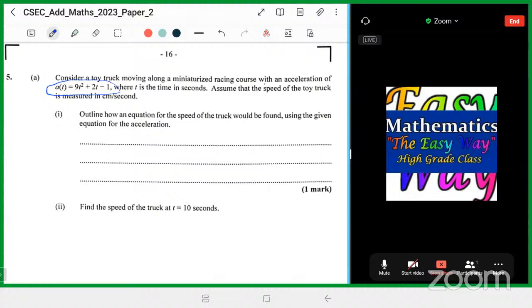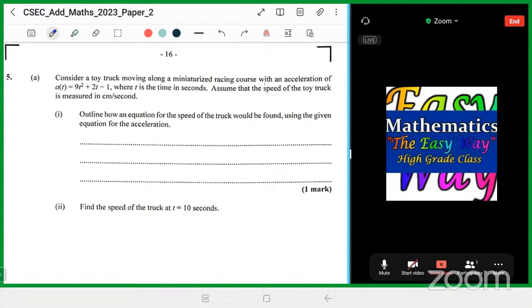All right, so we'll have to integrate to get velocity and integrate to get displacement. Simple. Where t is the time in seconds, assume that the speed of the toy truck is measured in centimeters per second. Outline how an equation for the speed of the truck will be found using the given equation for